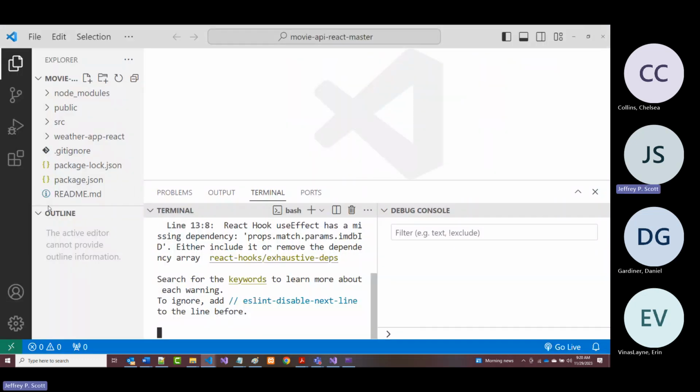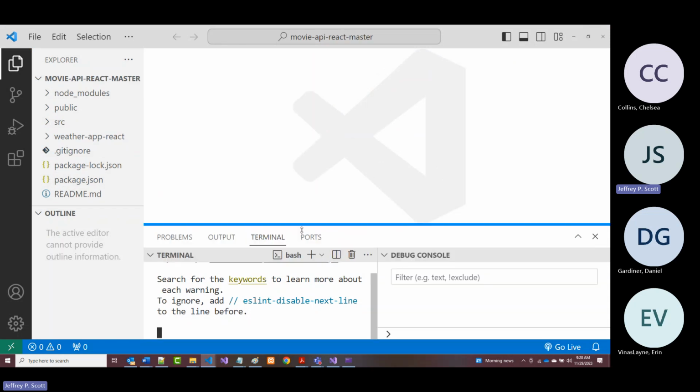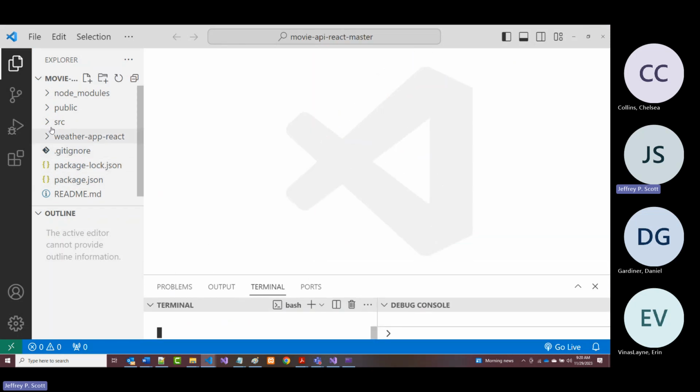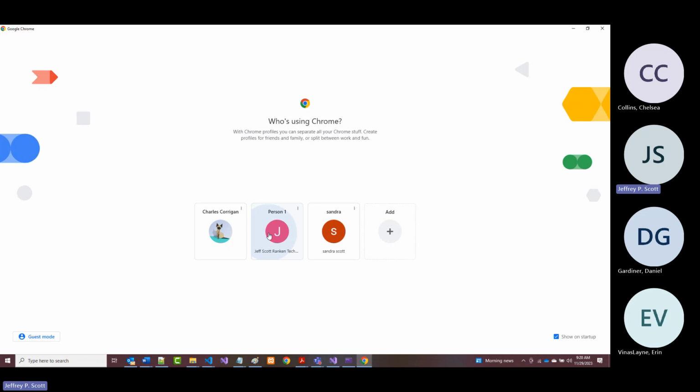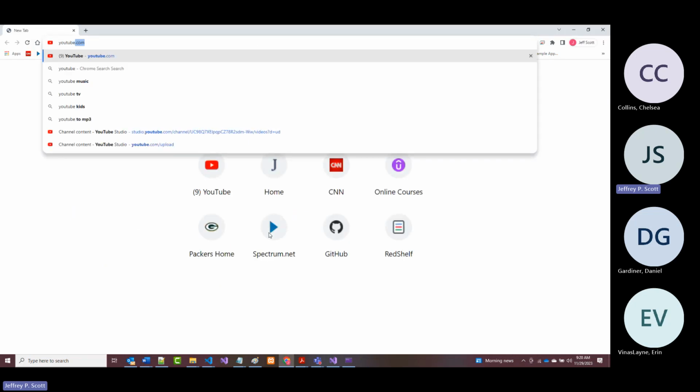All right, so let's take a look at the code that's in here, because it's going to look quite a bit different from what you've seen before. If I go into source, you'll notice I have a folder in there called components. One thing I mentioned to you yesterday was that if I go out, for example, to YouTube,